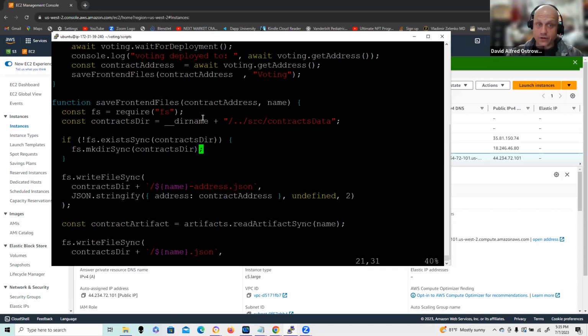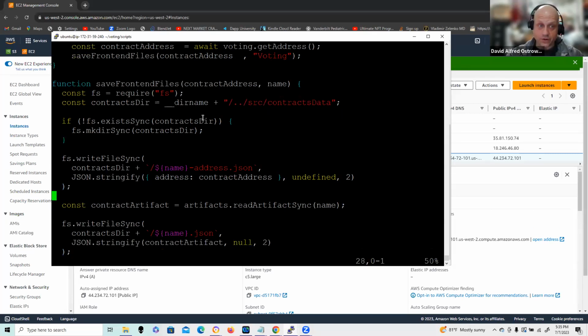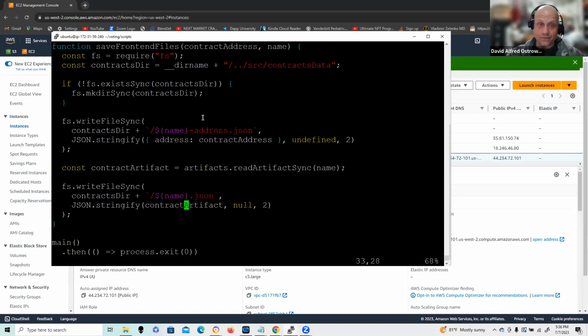It's going to create that directory for me. I don't have to worry about creating it. It's going to add that to my project directory. It's going to write JSON-based information using JSON.stringify, a single key value in this case with the contract address. And then following that, I'm going to read the artifacts directory and read the entire ABI information. That's my entire smart contract start to finish,